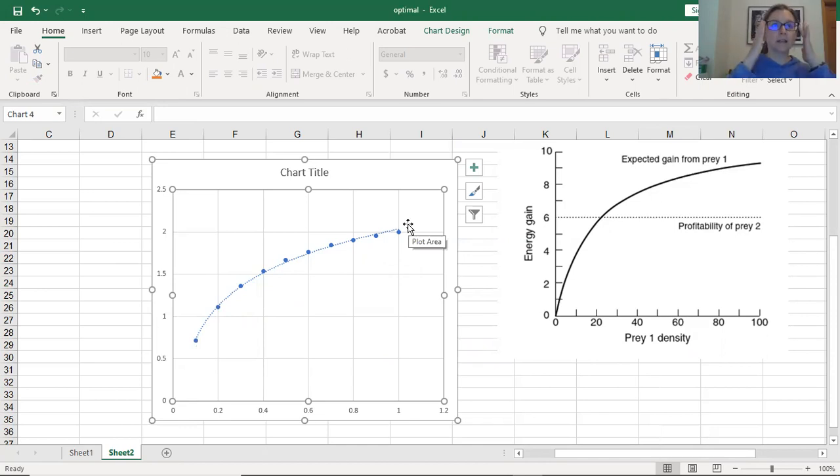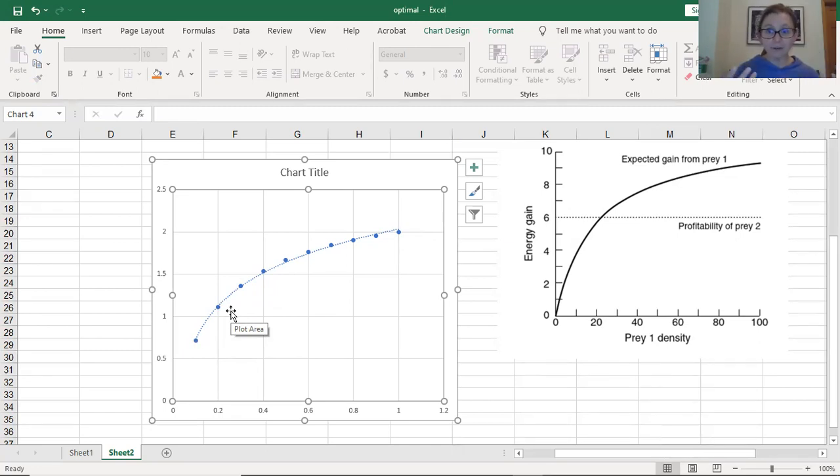If the animal is acting optimally for energy gain in its environment, you can collect information on how frequently it's choosing this food item, given the density of it in the environment. And then you can plot your data compared to the model. And then you can do something like a regression or a model fitting analysis to see how well your own observations meet this prediction. And it's a pretty simple prediction, and it is that as the favorite food increases, consumption and energy gain increases,